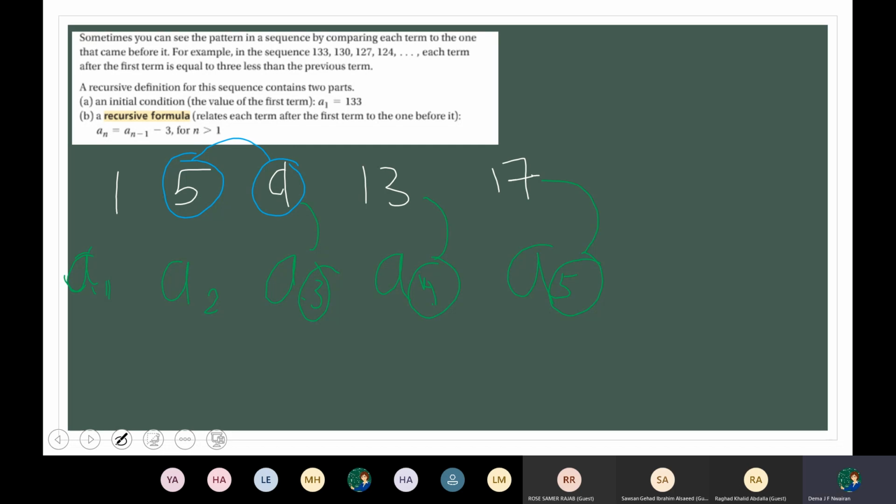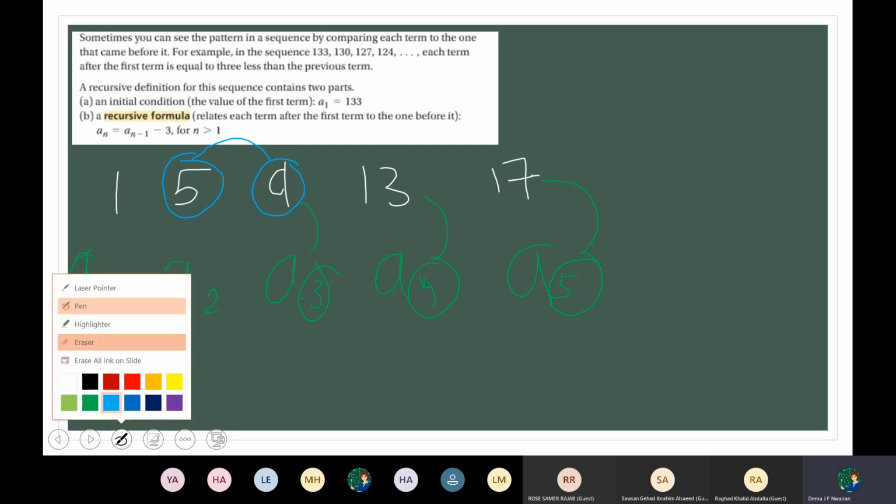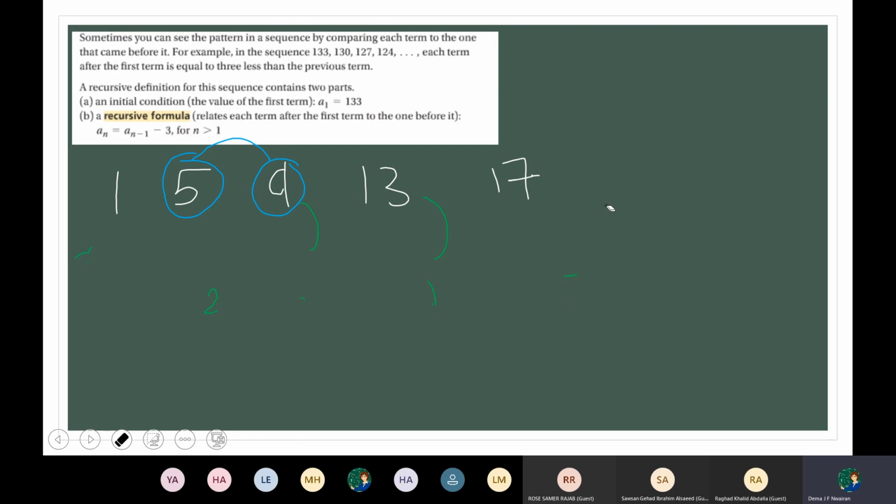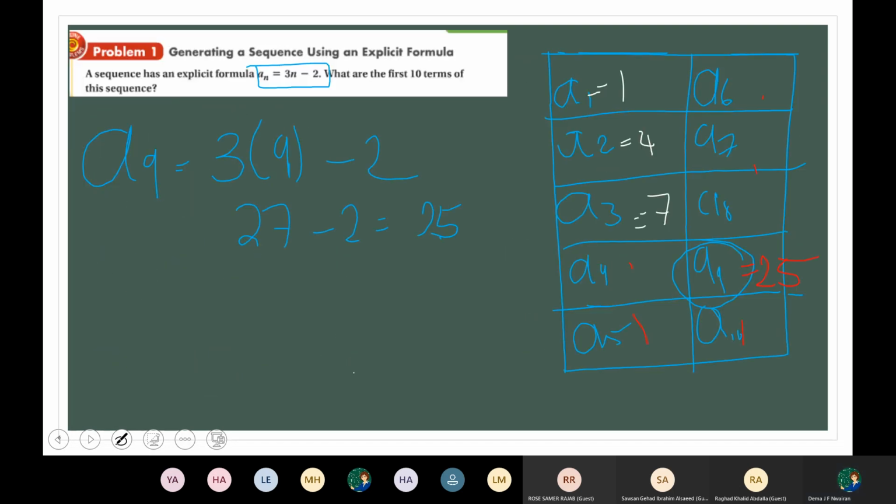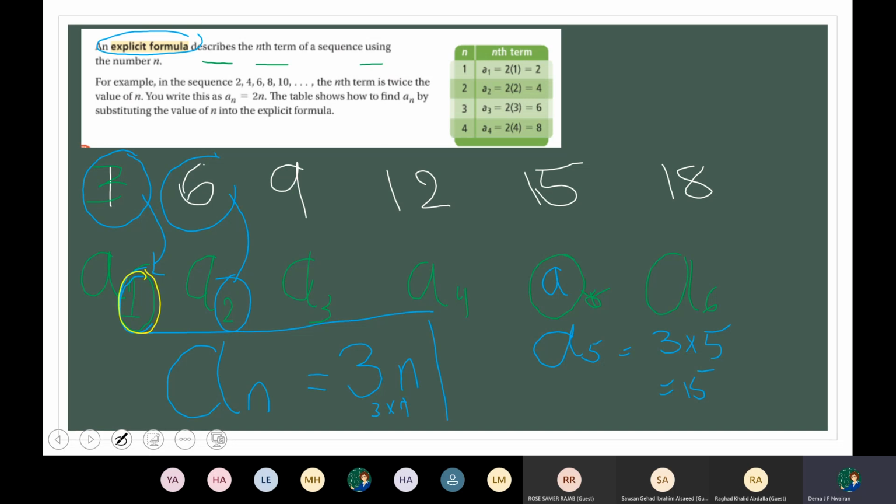As an example, let's now try to find the recursive formula for this list of numbers. How can I do it? In the previous one, I said A1 is 1, A2 is 5. So we tried here, we said, how can I do with number 1 to be a 3? I multiply it by 3. And how can I do with